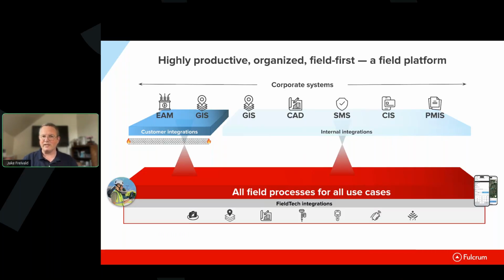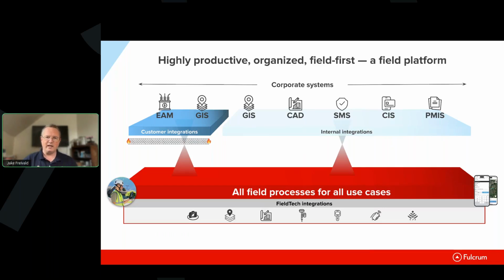And the same is true with everything else, right? The asset management platform and the GIS both need to get asset information, but they don't need to know about the safety system. They don't need to know about the safety data that was collected. So the EAM data is part of the process, as well as the safety data being part of the process. But the EAM doesn't want to have that safety information in there. It doesn't need to have that safety information in there. And if you try to get the people who own the EAM system or the GIS system to add the safety steps into it, they'll rightfully tell you no, that's not their problem.